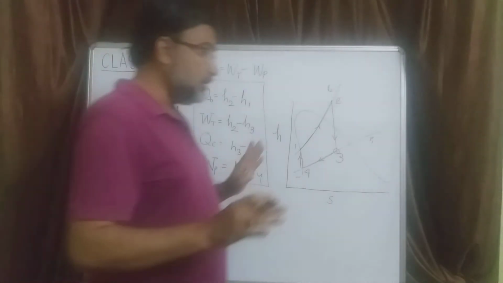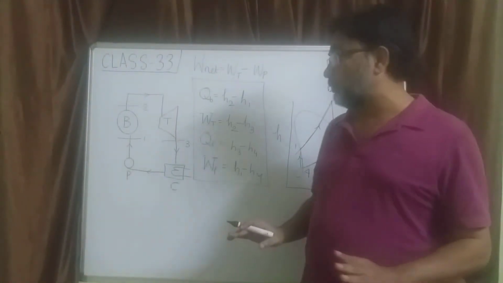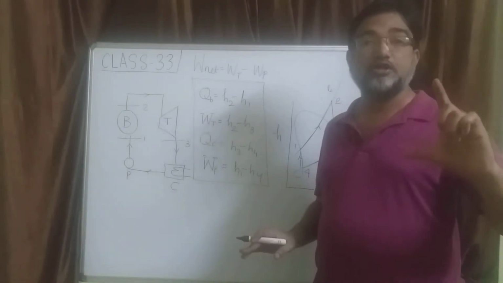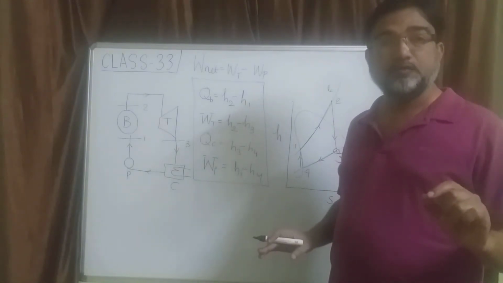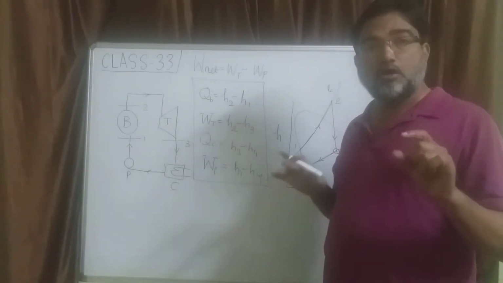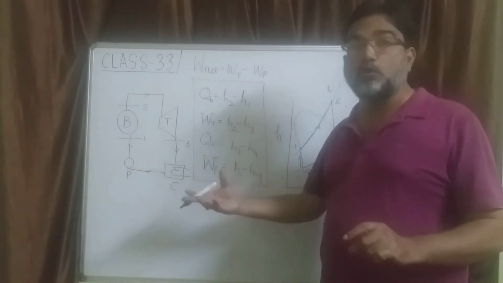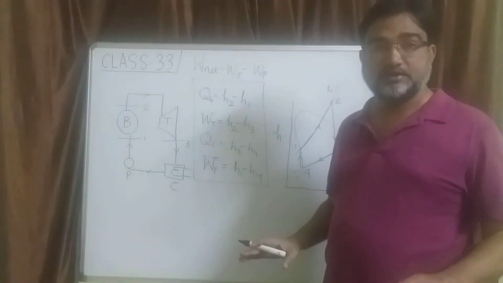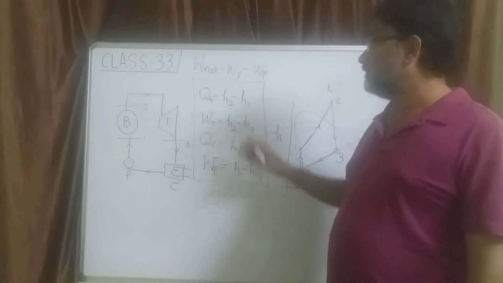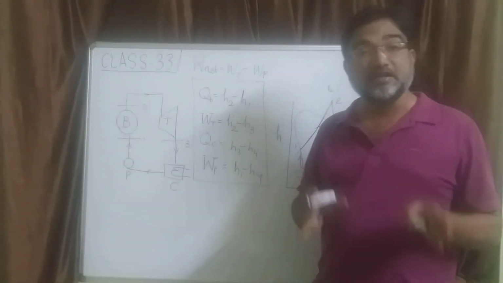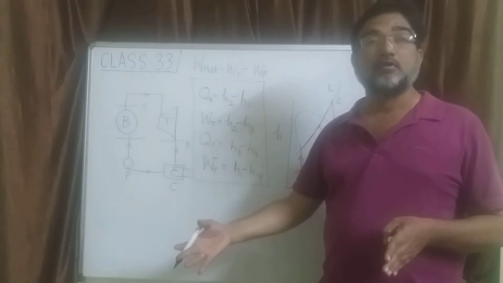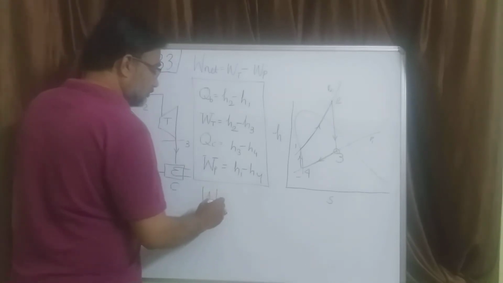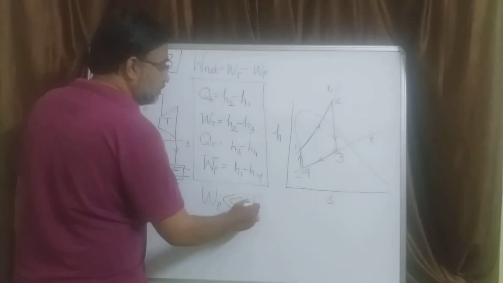But in a Rankine cycle power plant or in a thermal power plant, the magnitude of input work in the pump is so small compared to the magnitude of output work in the turbine that in many cases the pump work is neglected, or considered negligible in comparison to the turbine output work. So WP in many cases is much less than WT.